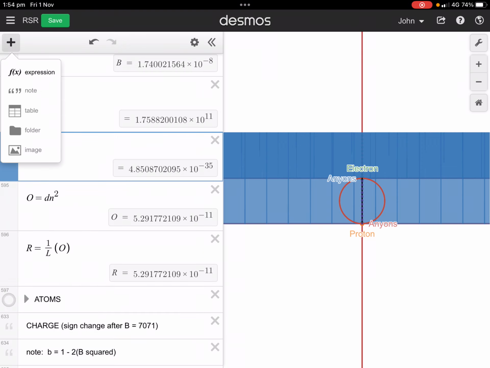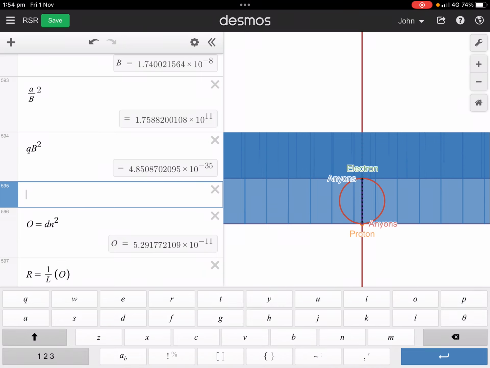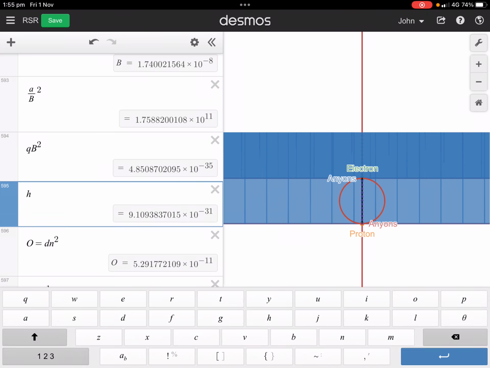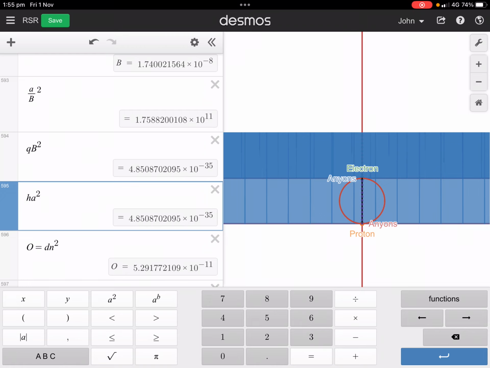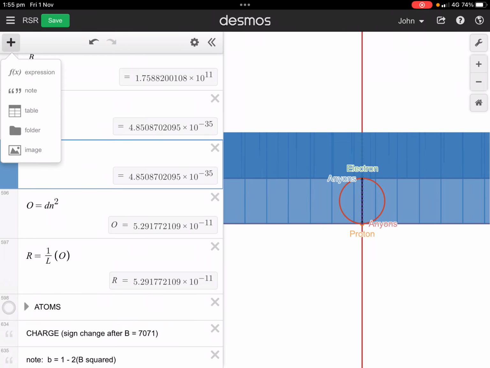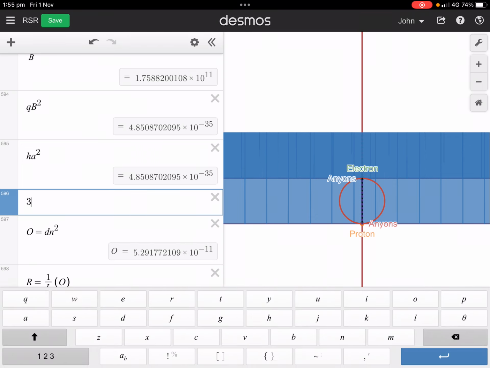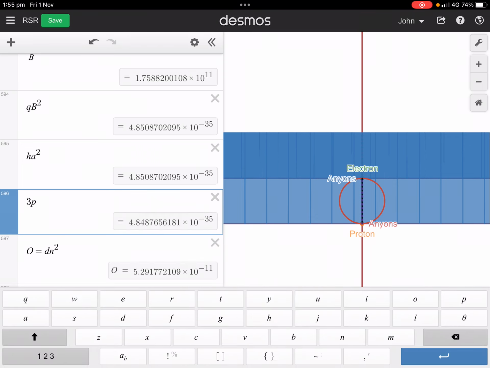And if I grab the mass of the electron, and I'm having to use an h because I've already used little m, and multiply that by the fine structure constant squared, I get the same value. Notice they equal each other, and it just so happens that they both equal about 3 times the Planck length. Not exactly, not precisely, but,